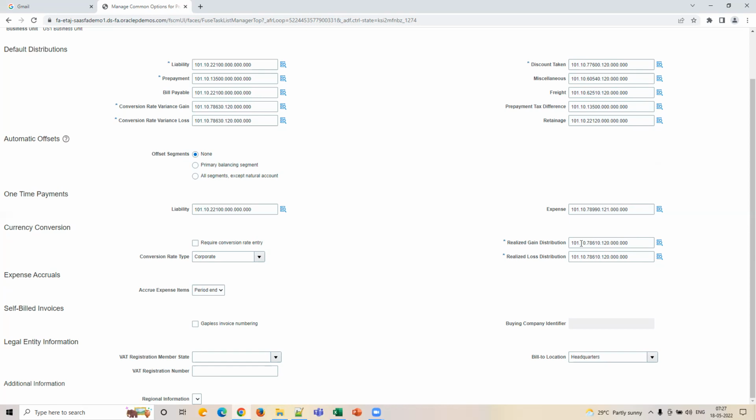So whether it is a loss or gain, it is called your conversion rate loss and gain. And when you are finally realizing, you are running revaluation or something, when you are finally realizing your loss and variance, in which account it should